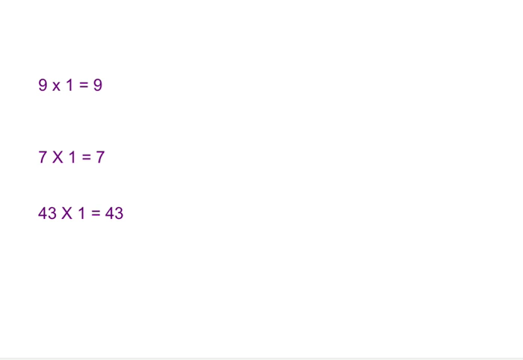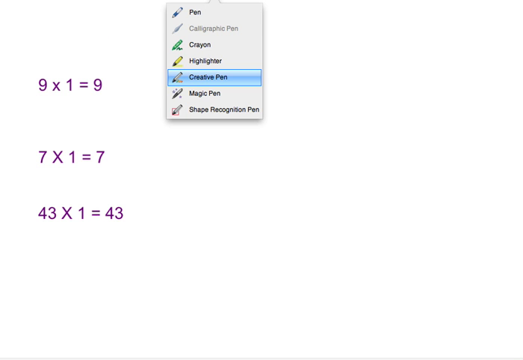You guys know that 9 times 1 is 9, 7 times 1 is 7, and 43 times 1 is 43. Anytime you multiply a number by 1, it's the original number. So let's say I'm going to take